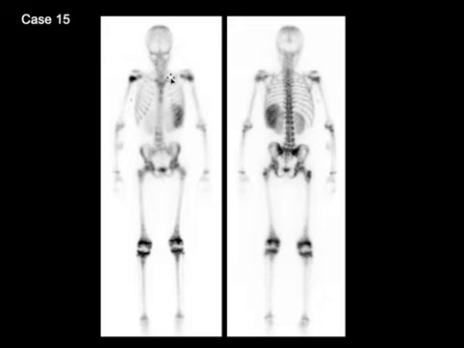Since this is a pediatric patient, there is uptake in the epiphysis, which we see here in the upper and the lower extremities. Look how the uptake in the right upper extremity or the right proximal humerus is more intense than on the left. The way to confirm it is if it is seen on the posterior view as well. So on the posterior view, we see that the right is more active than the left, and that means it's a true finding. And in a sickle cell disease patient, you want to worry about or raise a suspicion of